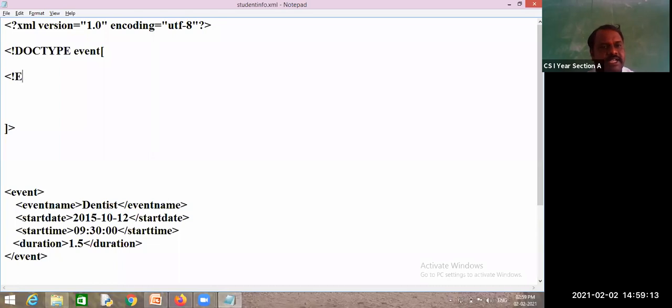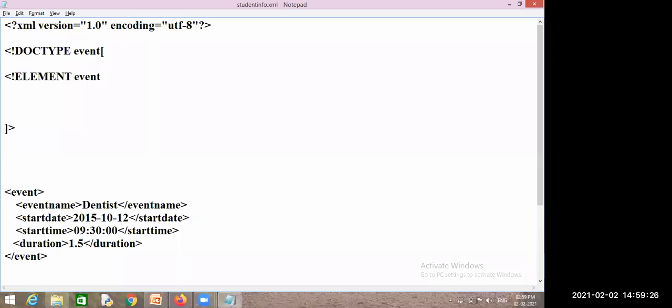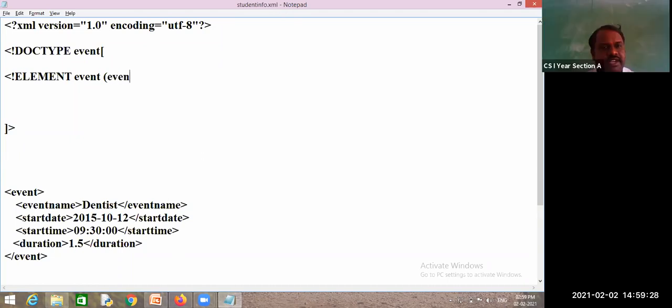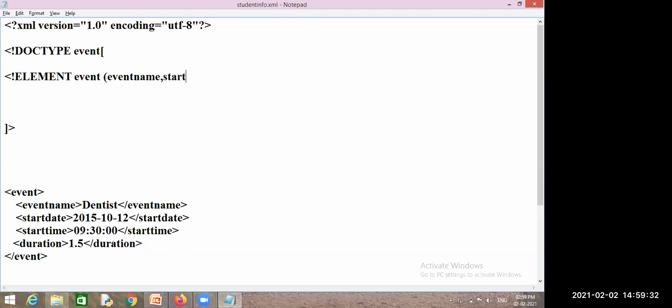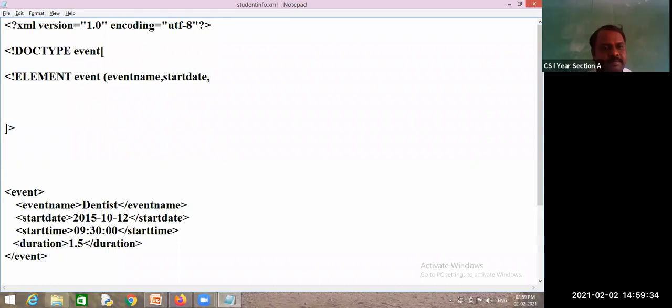So the first element is event. Does this event contain data or sub-elements? Sub-elements. How do I write? So event name, comma, start date, comma, start time, comma, duration.